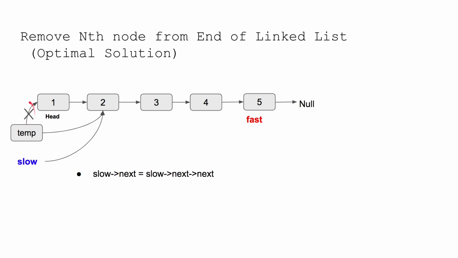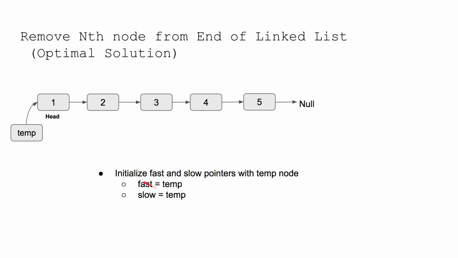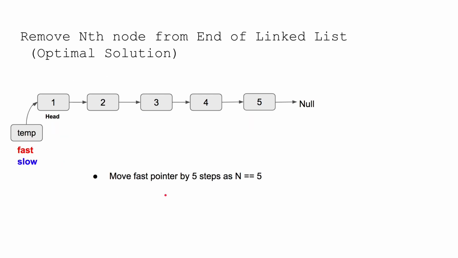So how this link gets updated is, at the beginning, if you remember, I'll show you. We have done something like this, where we have initialized 2 pointers with temp, right? So when you update slow.next, the temp.next will also get updated, because what we did earlier was we assigned temp to this slow pointer. That means now slow and temp are pointing to the same memory allocation,